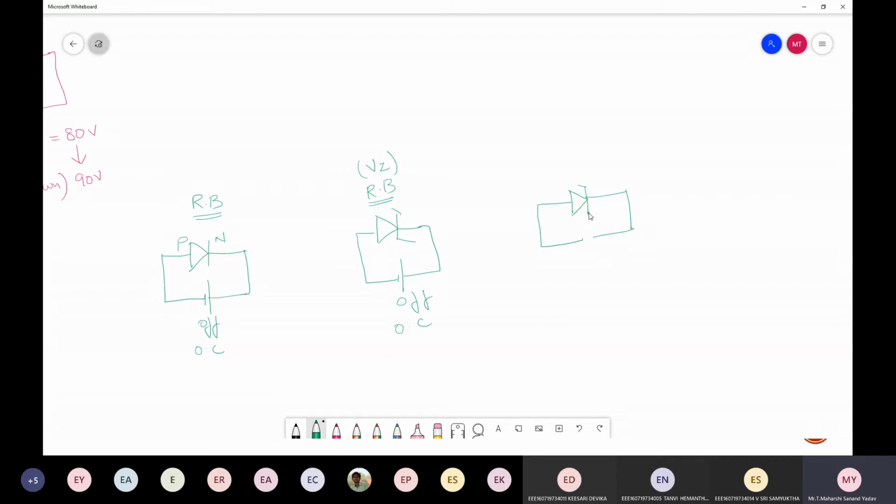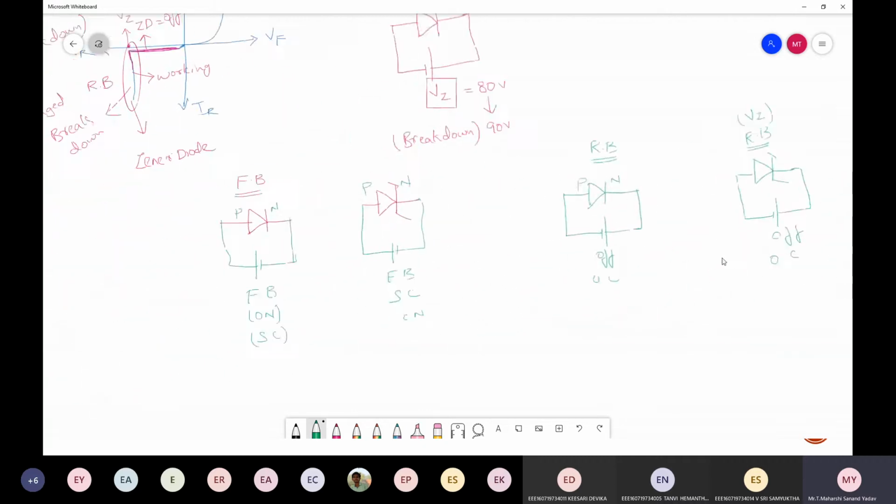So this is the Zener diode. This is P and it operates under reverse bias. So I'm considering negative here and positive here. Once it reaches that Zener voltage, which we call VZ, then it will work. Work means it will switch on, which is nothing but short circuit. This is a bit confusing, so try to understand all these concepts clearly.